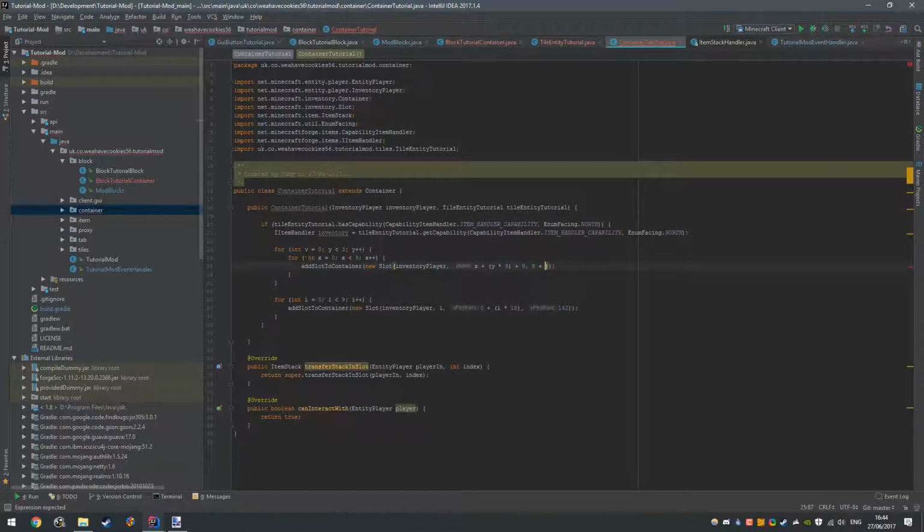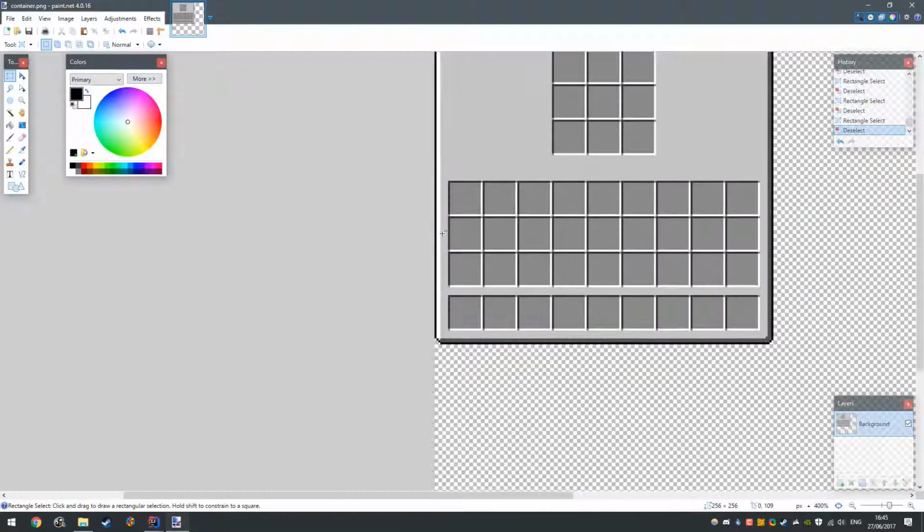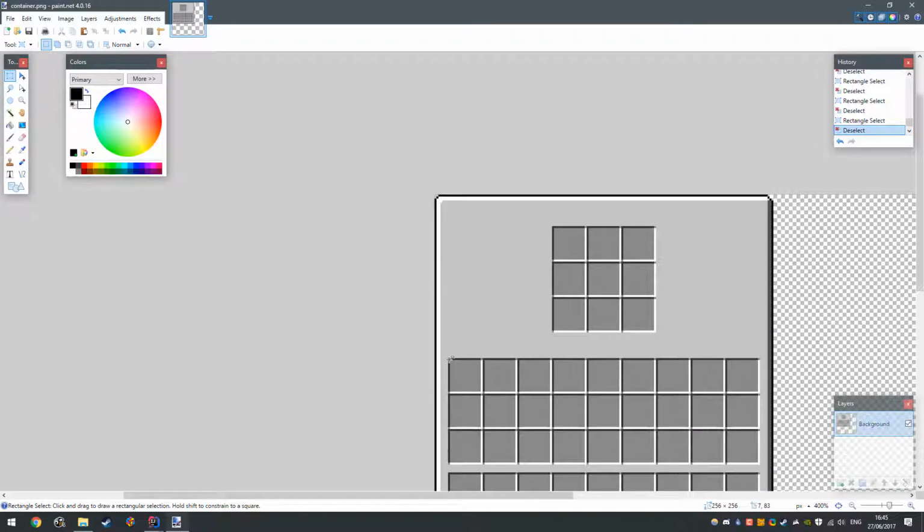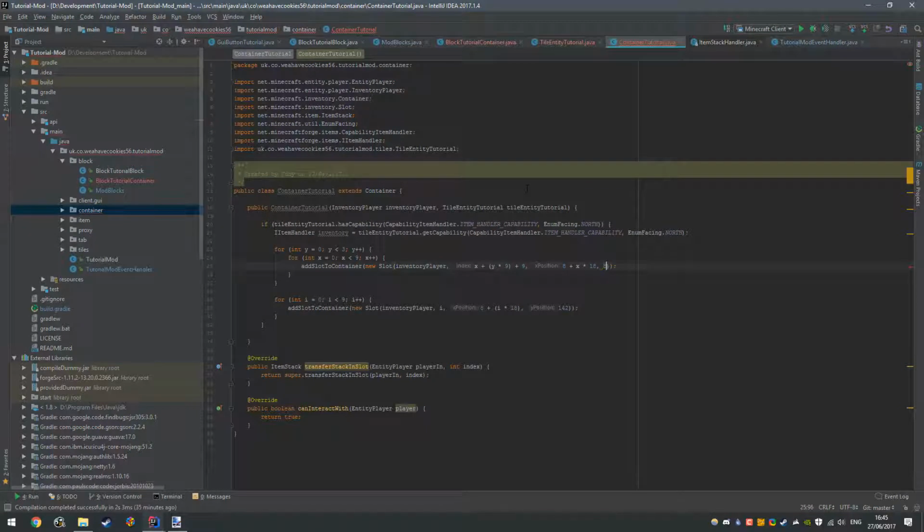We're going to have 8 plus... Then we got x... Yeah. And then times 18. So same thing with the x positions. And then y position. Now we've got multiple rows, so we can't just use one. But what we're going to find is the starting position. So this top bit here is 84. So 84 plus y,